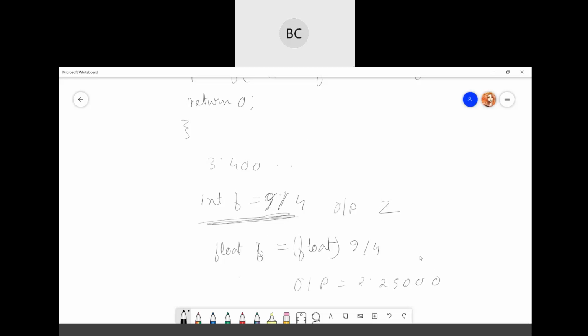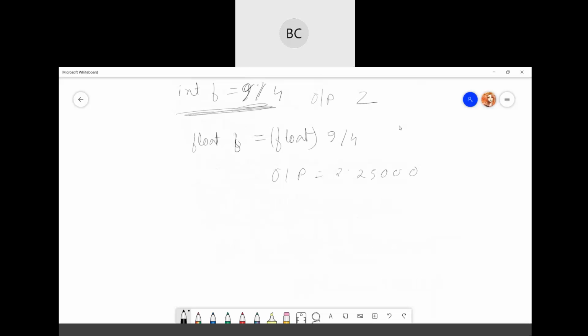Is this part clear? What you do in typecasting? I can give you another very simple one.